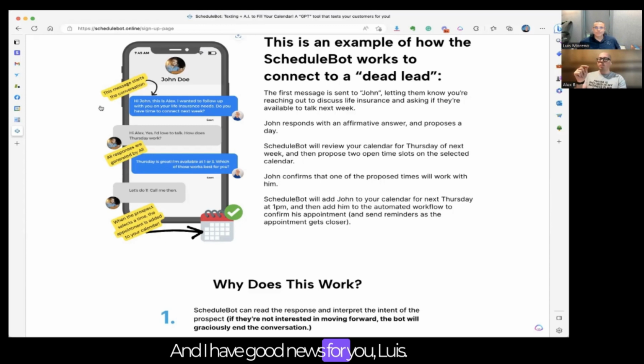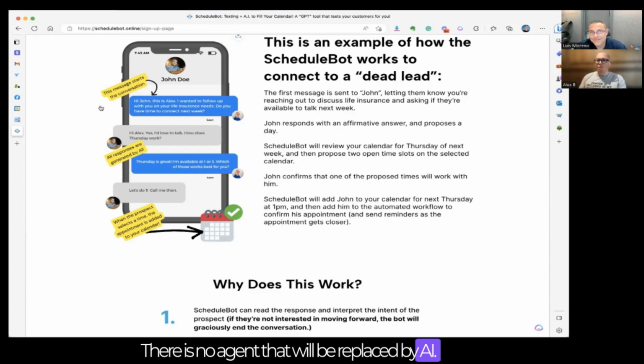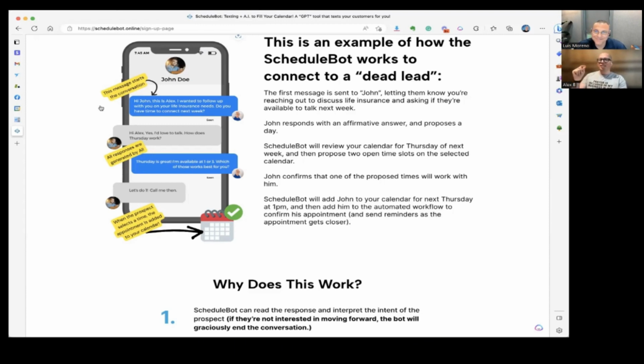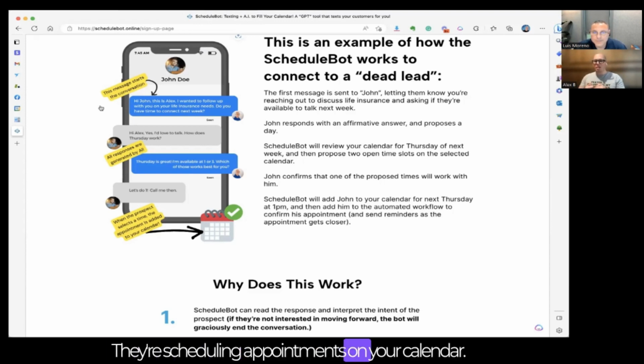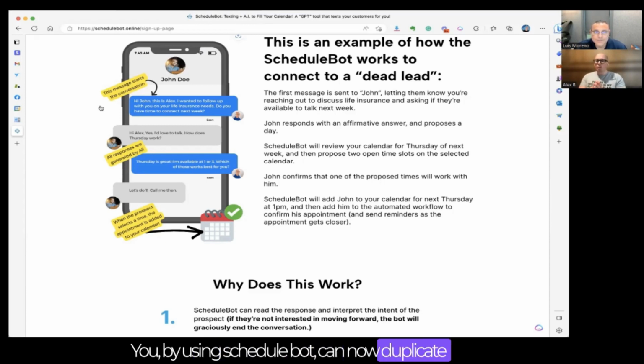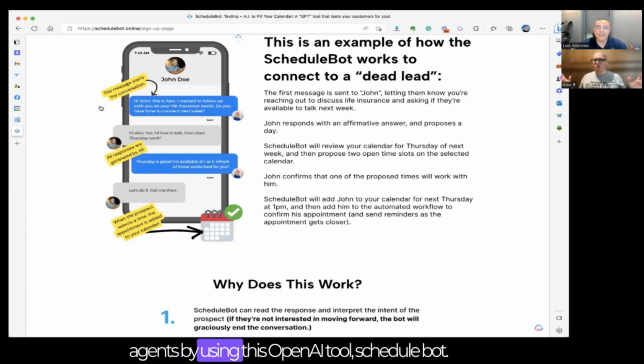This is the new thing, man, that is going out there. And I have good news for you, Lewis. There is no agent that will be replaced by AI. But I also have bad news. You, as an agent, will be replaced by another agent that's using AI, because now, Lewis, you talked about a force multiplier. You can have hundreds of conversations with people using ScheduleBot where they feel like they're talking directly to you. It's happening over text message. They're scheduling appointments on your calendar. You, by using ScheduleBot, can now duplicate the efforts of an entire office full of agents